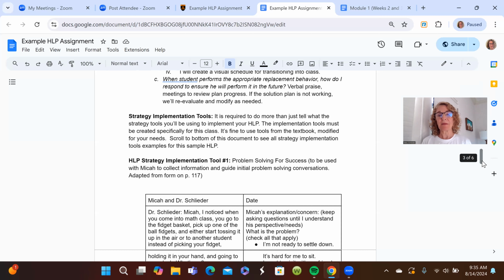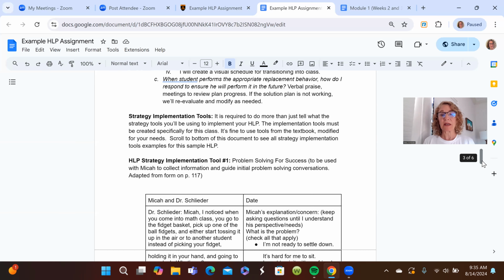So I try to design them to be as practical and useful for you as possible so that what we learn in class actually finds its way into your classrooms. You get to choose these 6 assignments that you'll do throughout the course. You get to choose the HLPs that are most of need for you and that are going to benefit your students. We all do different things.